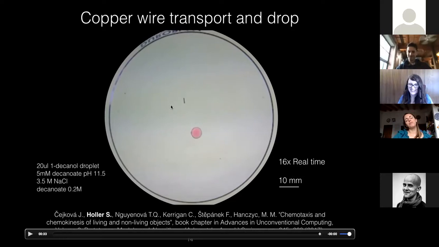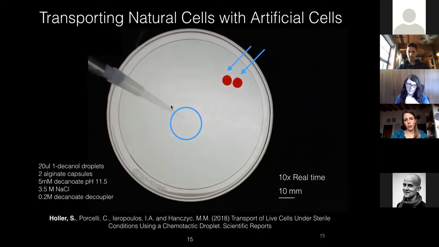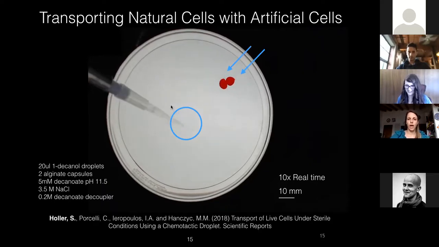So yeah, the droplet is not only able to do a taxi for the copper wire and to transport it, but even, if destabilized by a specific solution with a lot of surfactant, to leave it in one specific place of the Petri dish that we choose. These are not the only things that can be transported using a droplet. We can transport, for example, alginate capsules containing cells. These cells can be, for example, yeast and bacteria, and they can be placed in a second point of our Petri dish, and they can even survive the transport.